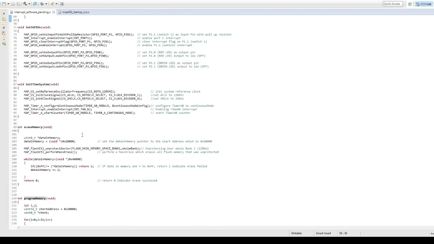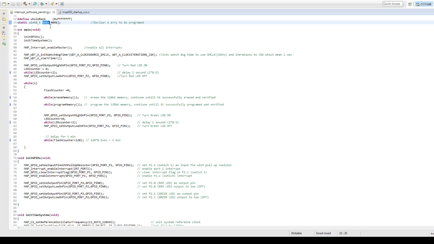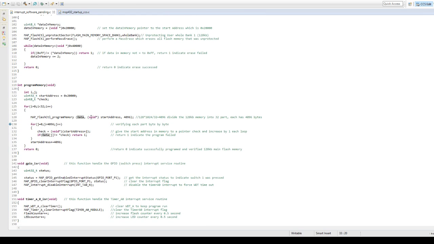Here in the program memory function, first I divide the 128 kilobytes into 32 sectors. Each is 4096 bytes. This function will copy the data from the source to the destination, which is the starting address of the bank 1. And here I declared a data array, which has no initial value, so it's all 0. And I program the zeros into